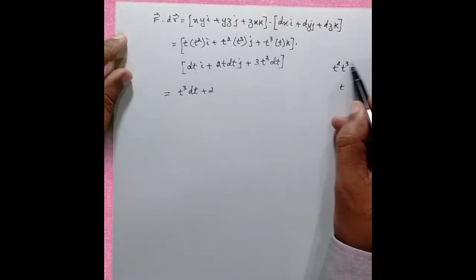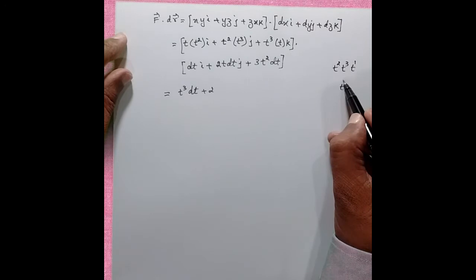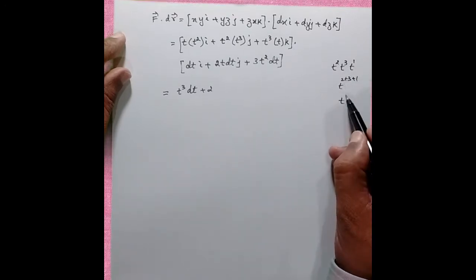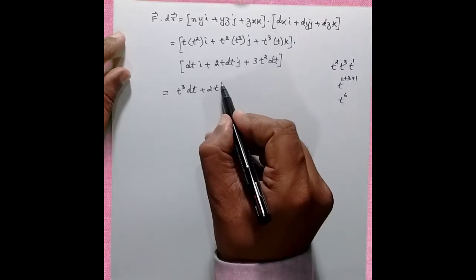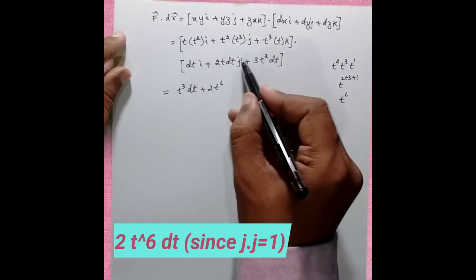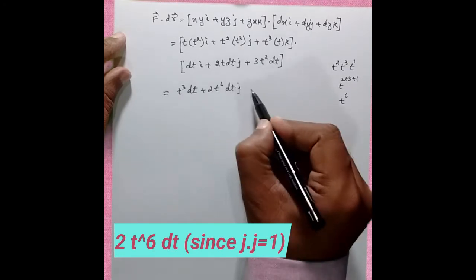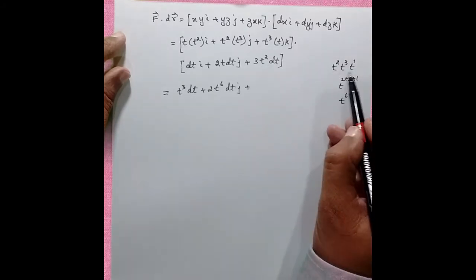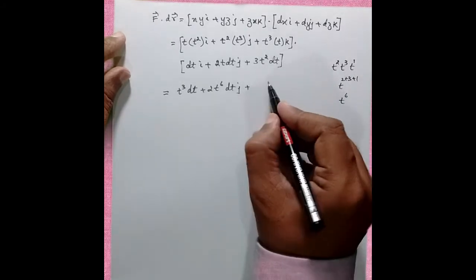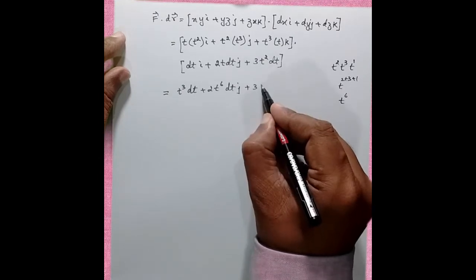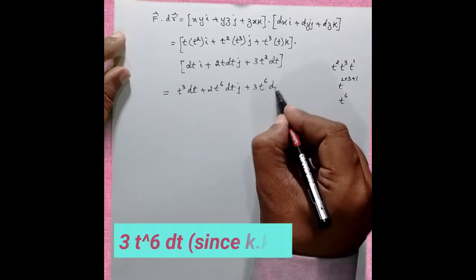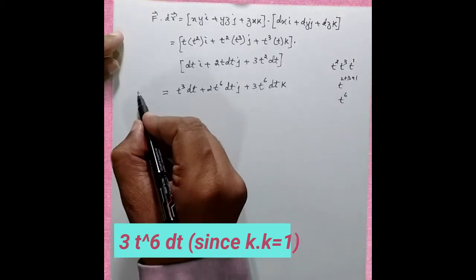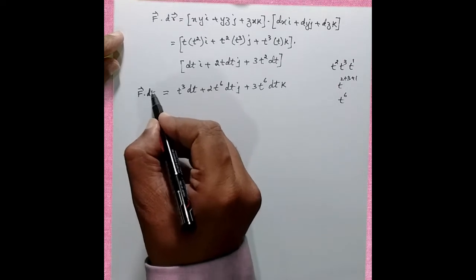So bases are the same, you can just add the powers. It is power 1 over here. It is 2 plus 3 plus 1. So how much will we be getting? t power of 6. So we'll be getting 2t power of 6 times dt into j. Coming to the next value here, t cube, t into t square, same value, t cube, t square into t. So its value will be 3 times t power of 6 into this dt value into that k, right? So this is nothing but your vector f dot dr vector.